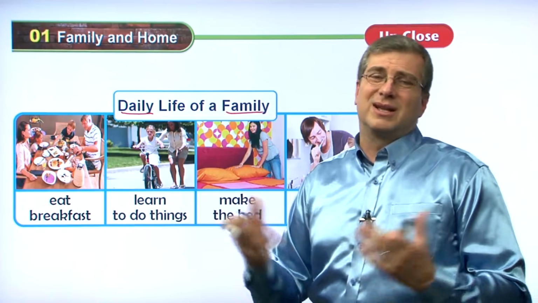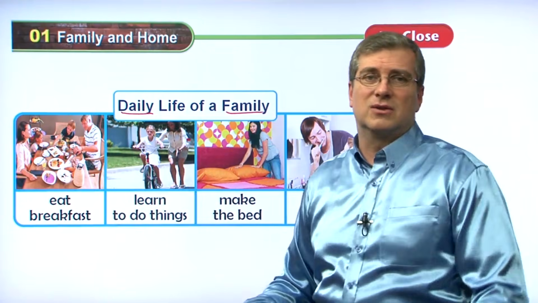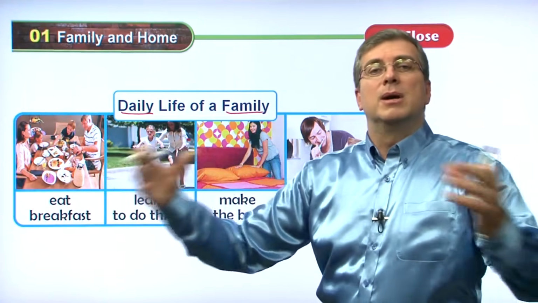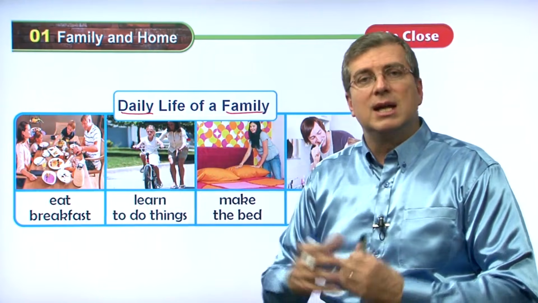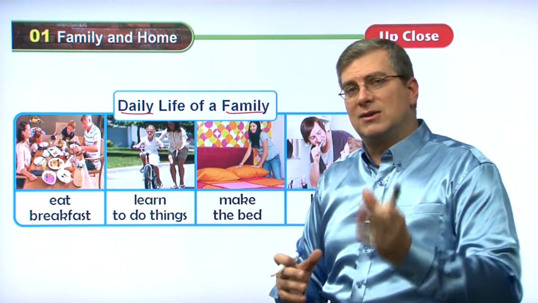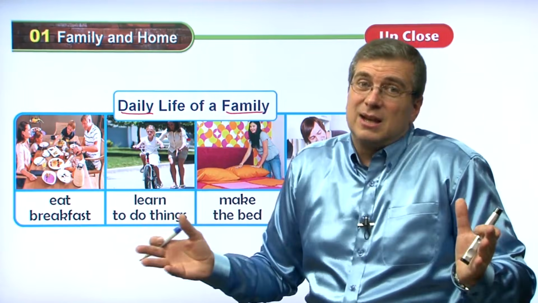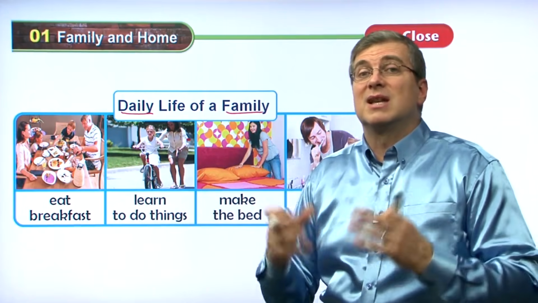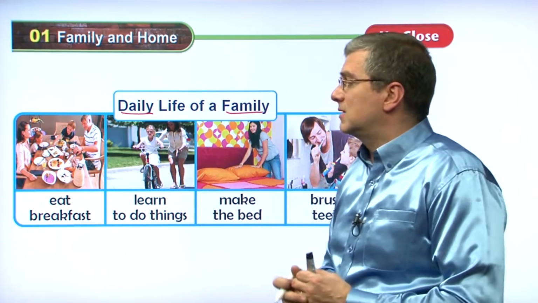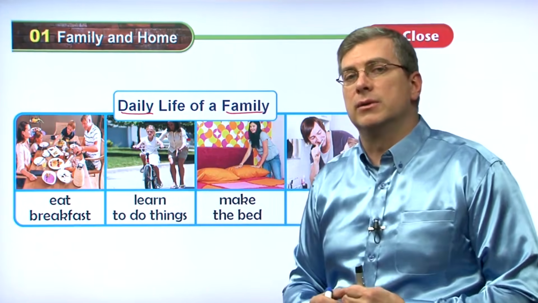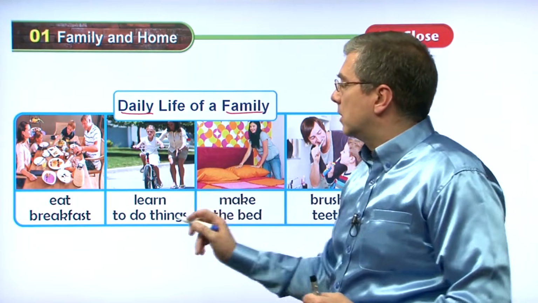Have lunch together, that's hard because dad's off at work, kids are in school, everybody's away, right? But everybody comes back together in the evening, you should have dinner together. And that's a traditional value. Again, modern life, people are getting busy. It's not so easy to do. But at least have dinner together. Have meals together. Next one, learn to do things.